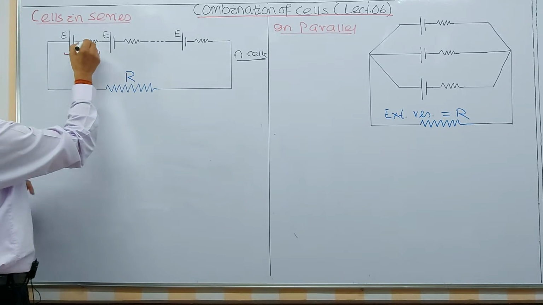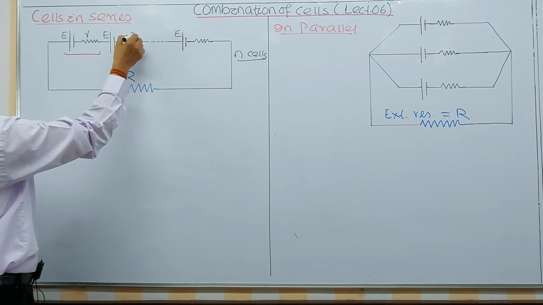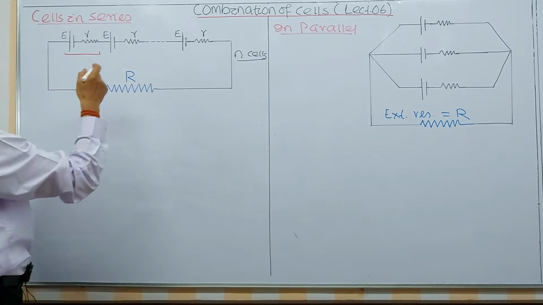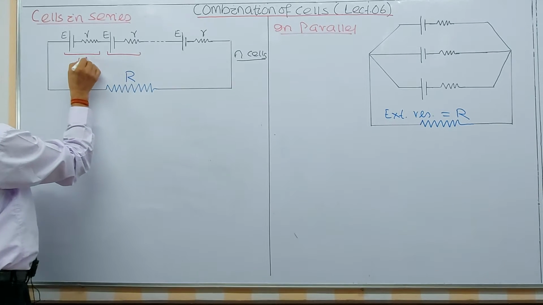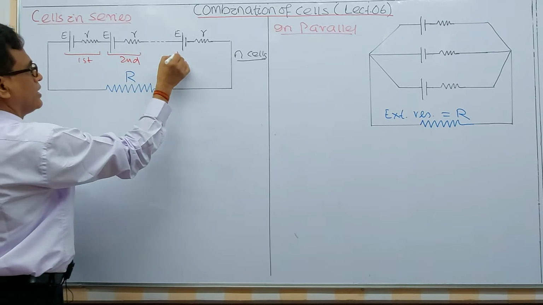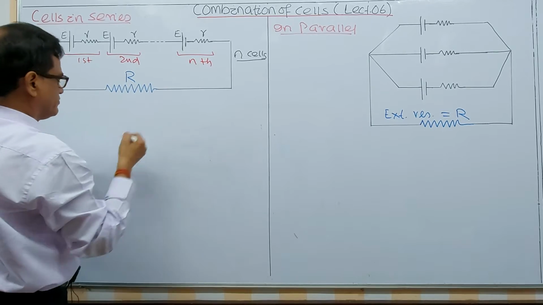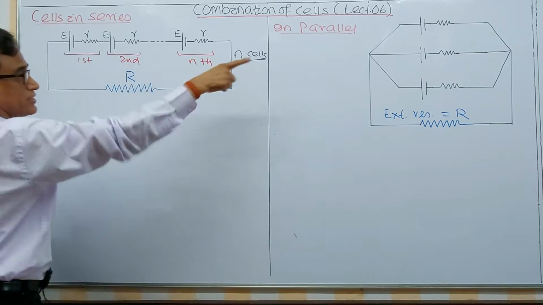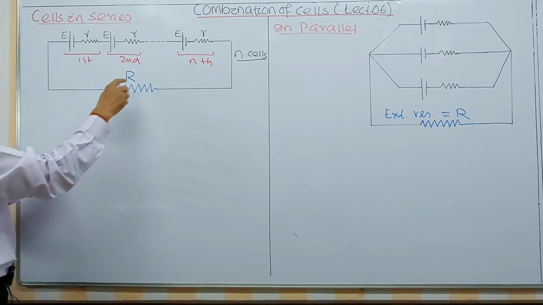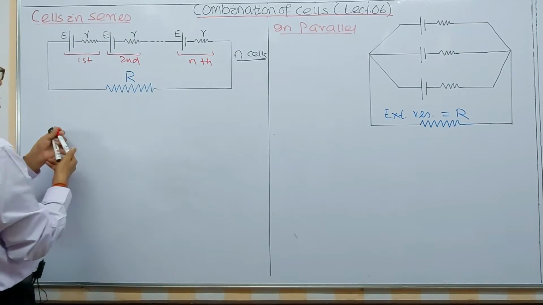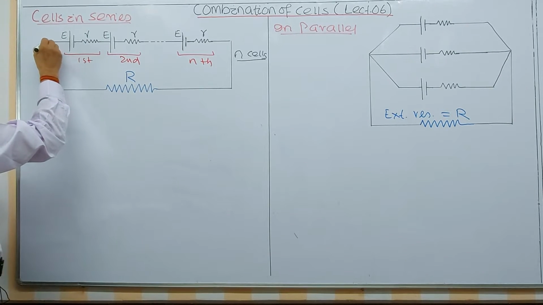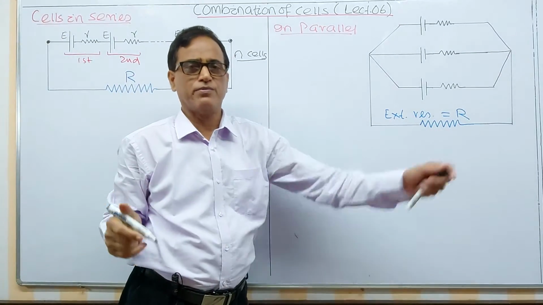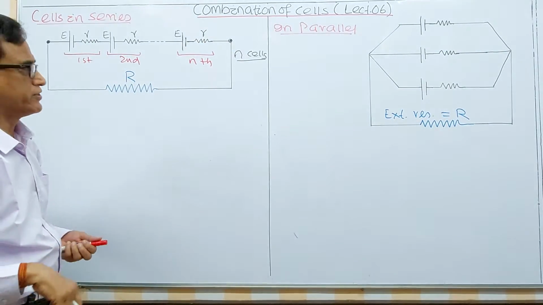Now this is the internal resistance of one cell, this is the internal resistance of the second cell, this is the internal resistance of the third cell. I can say this is the first cell, this is the second cell, and this is the nth cell. And this is the external resistance. The external resistance is connected in parallel here, and here is series, you see. This is the external resistance connected to the circuit, and these are the terminals of the cell. If you follow this series, I think parallel becomes very easy. Only 2 formulae we have to derive.